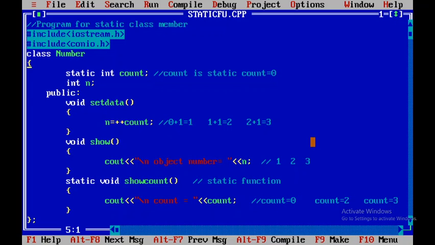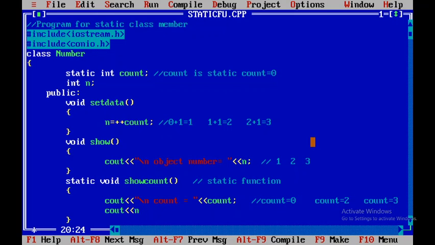So now let us see, if we are using a class method, that is if we are using a static method, and if we are trying to access any data member in that, what will happen? Definitely access is not possible.